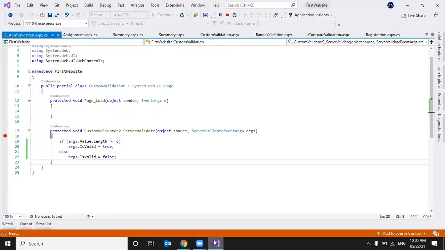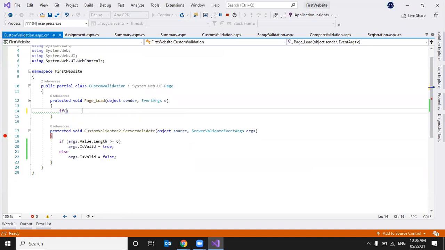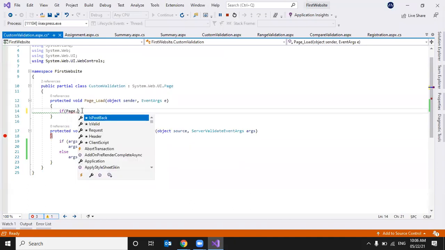Right. So this is about custom validation. Custom validation has 2 important properties. The second argument will have 2 important properties: is valid and value. Okay. As we covered is valid and value, we also have page dot is valid.